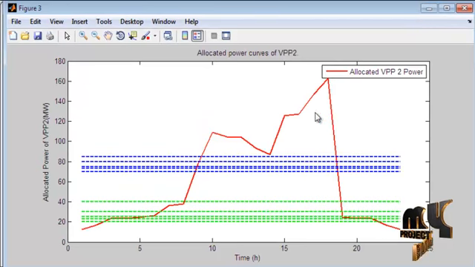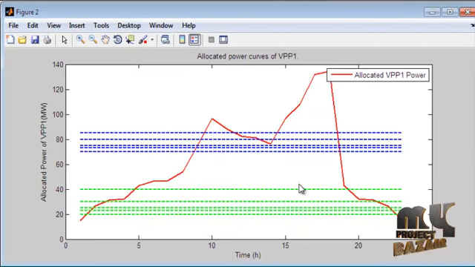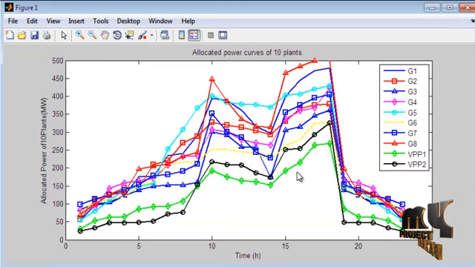And next one is allocated virtual power plant 2 power with respect to time, and next one is allocated virtual power plant 1 power with respect to time, and this is the final output of allocated power curves for both 10 plants. The virtual power plant is also included in this waveform with respect to